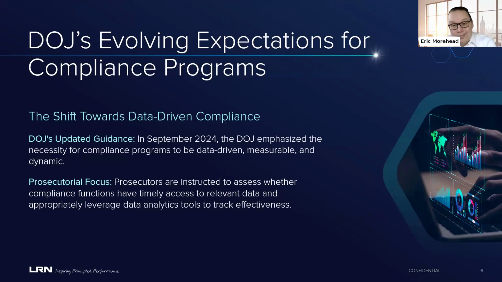And how do you address that? You have to have data. You have to know where those changes are occurring, where those new risks are, and what's the best way to address those risks. As I mentioned, the memo is directed primarily at prosecutors, and their need to assess those three main questions. But a bigger part of that now, post September 2024, is what kind of data are organizations gathering in their compliance program? How are they utilizing that data? How is that data effectuating change in the program?